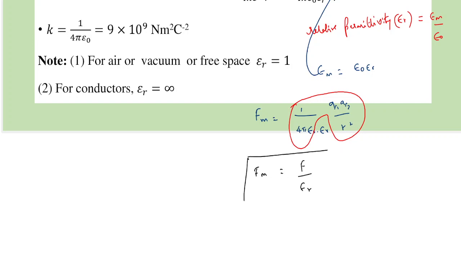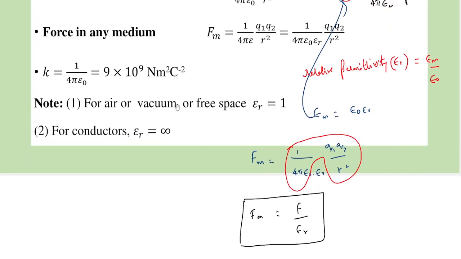This term here is called relative permittivity. We will learn later that this term has another name. It is called dielectric constant. We will learn it in the next, second chapter. The symbol for it is K, a running K. Don't get confused between this K and this K. This is the dielectric constant and this is just a constant.